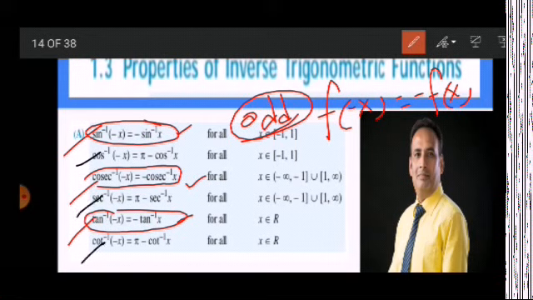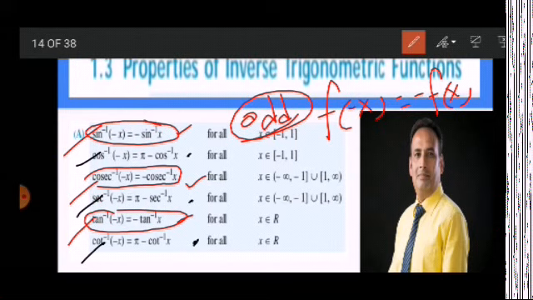As these three inverse trigonometric functions share the first and second quadrant, the second quadrant goes up to pi. If you see the range in the table, you find that cos inverse x occurs between 0 to pi, sec inverse x also occurs from 0 to pi, difference pi by 2, and cot inverse x also occurs from 0 to pi, open interval, right?